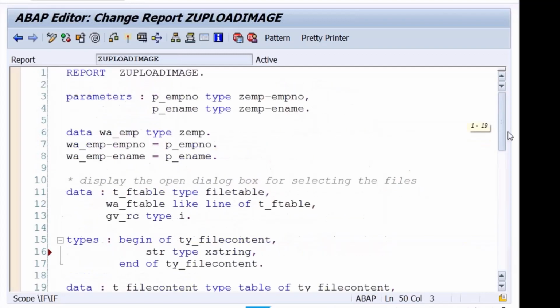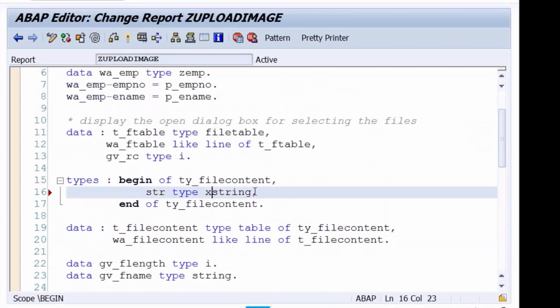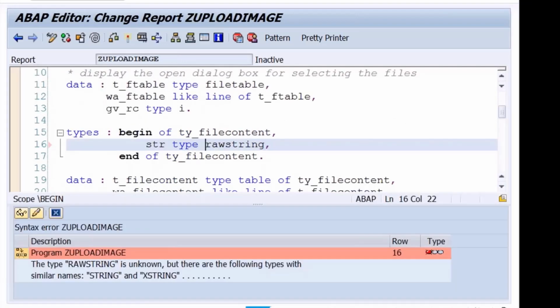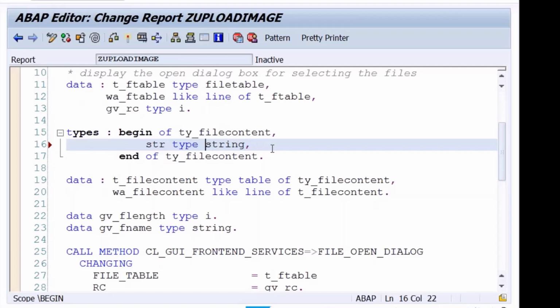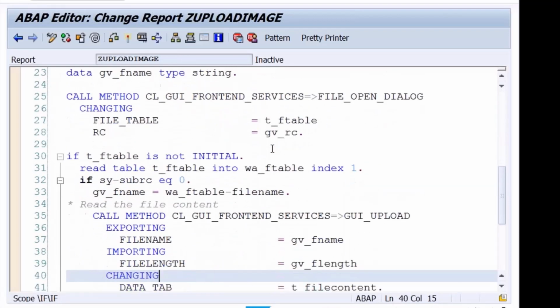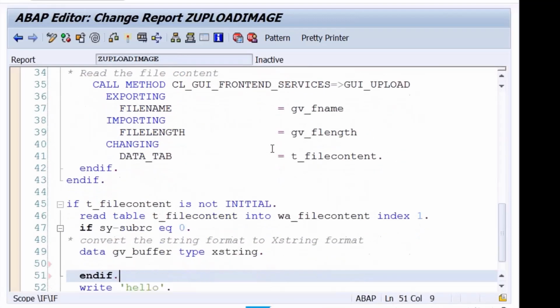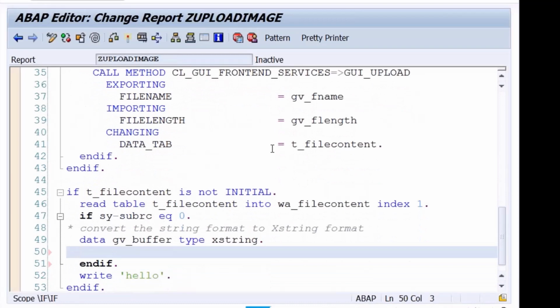One second. If it is a string, then why do I need to convert?